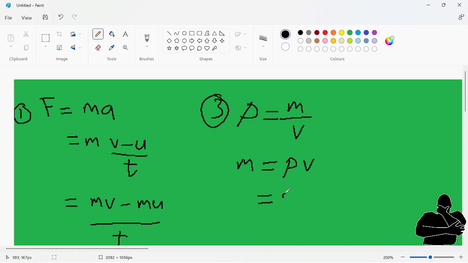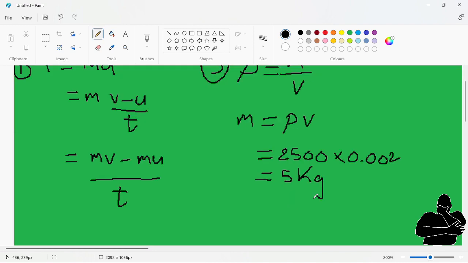So the density was 2,500 kilograms per meter cubed, and the volume was 0.002 meters cubed. When we multiply these two numbers, we end up with the answer for the object's mass, which should give 5 kilograms. Remember to include your units, especially in the final answer. I didn't put them here because I'm saving space, but I ensure that I have the unit in the final